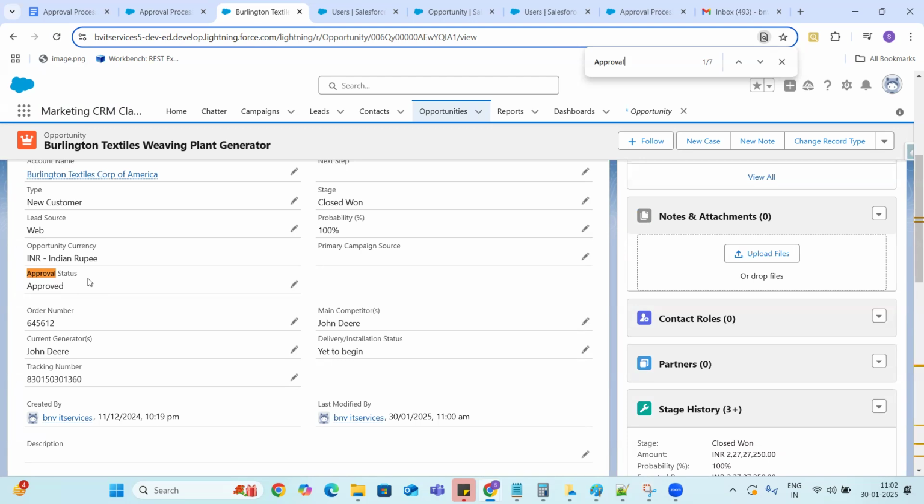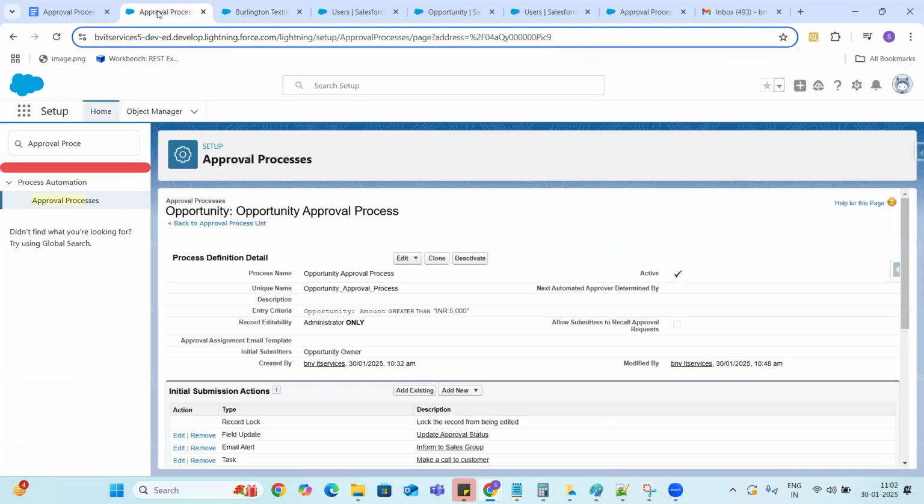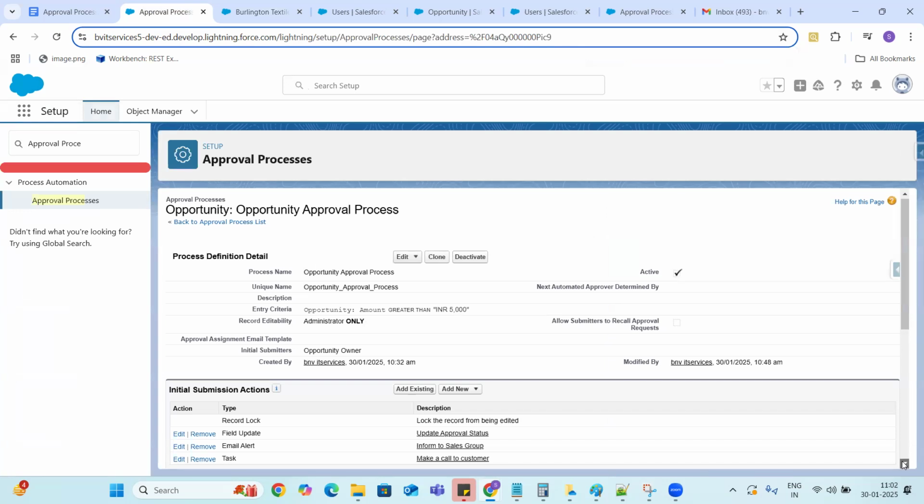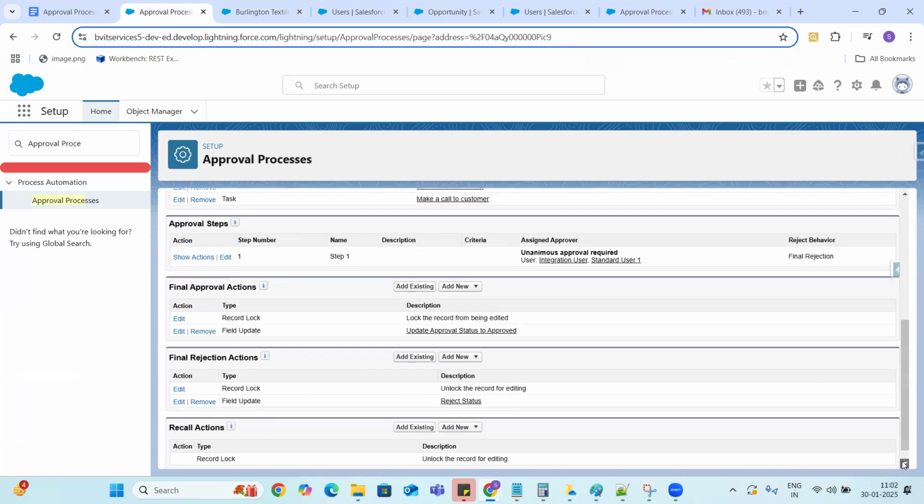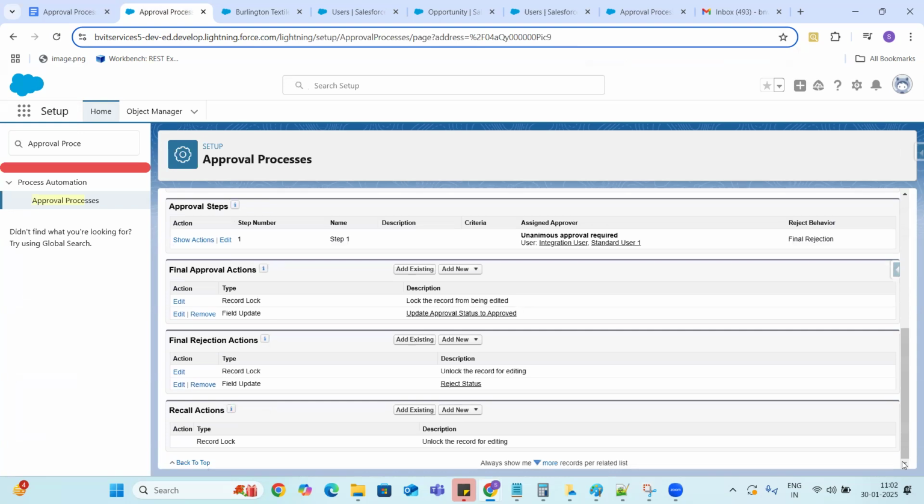How this status is updated automatically is nothing but the different actions that we have configured under the approval process. So there will be questions here, guys. What is an approval process, and using the approval process, what type of actions can you perform? Whenever we want to submit a record for approval, there are multiple scenarios, in case of discounts, in case of opportunity amount, where we can use approval processes.